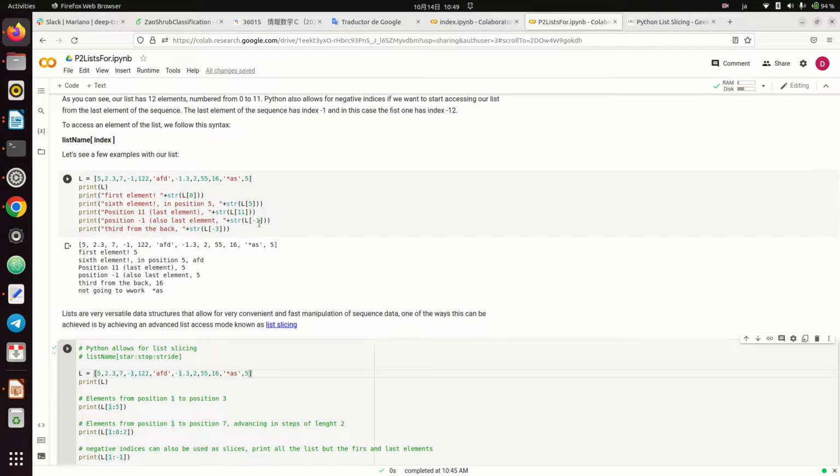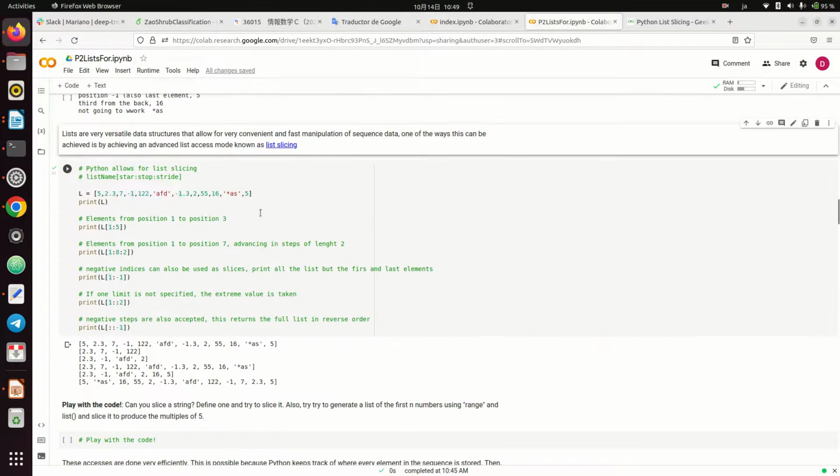Well, after seeing quite a lot of things about list indexing, we are now moving on to some more contents regarding list, specifically list slicing, and then we will see how to add content to lists, how to add data to lists with list append mostly. For list slicing, we are going to